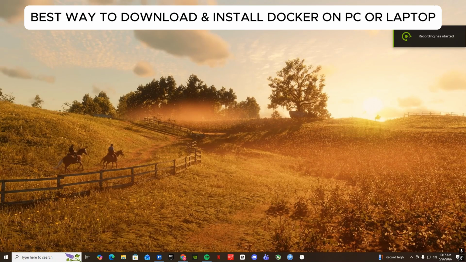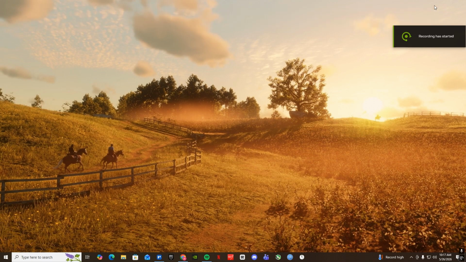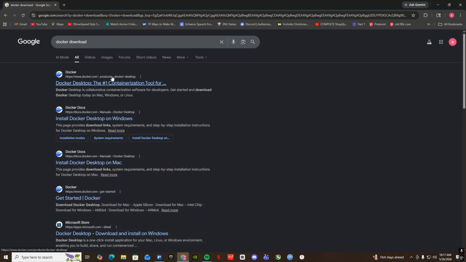Alright, so in this tutorial, I'm gonna show you how you can download and install Docker on PC and laptop. It's very simple and easy to download and install on any PC or laptop device. So first up, you need to go to your web browser, and right over here, you need to basically